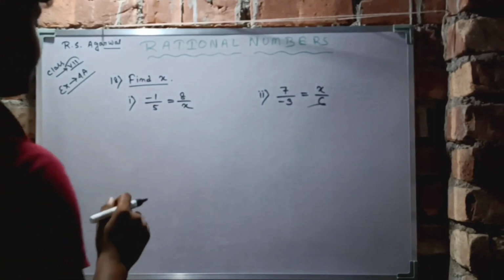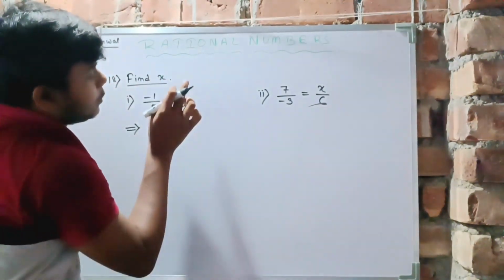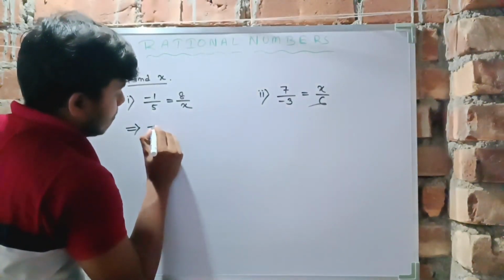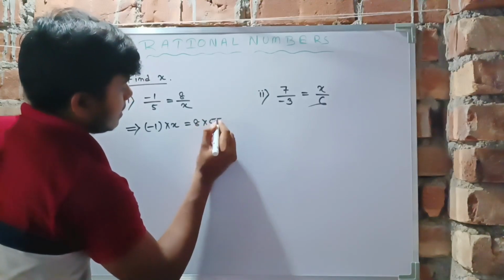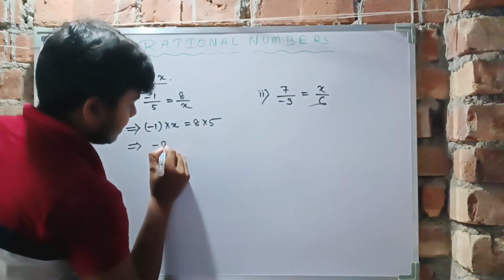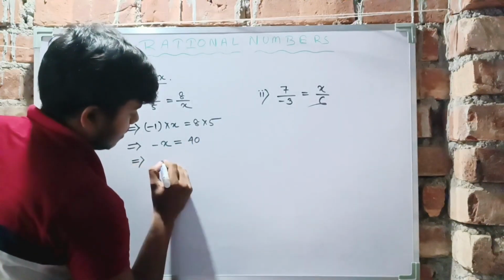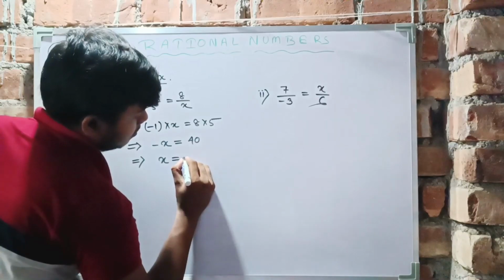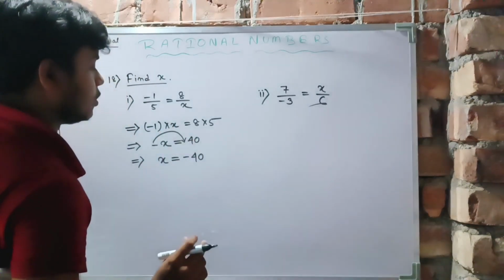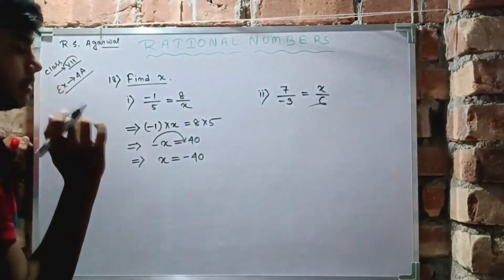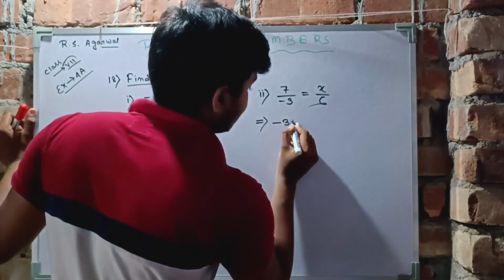So our next problems are find x. To find x, we have to cross multiply. -1 multiplied by x is equal to 8 multiplied by 5. Minus x is equal to 40. That means x equal to -40. The minus goes from here and sits here. Next, similarly cross multiply, -3 into